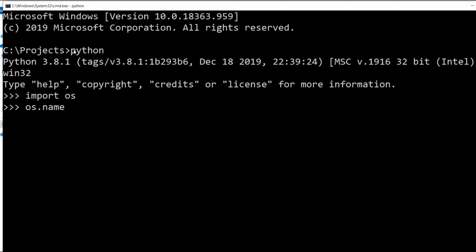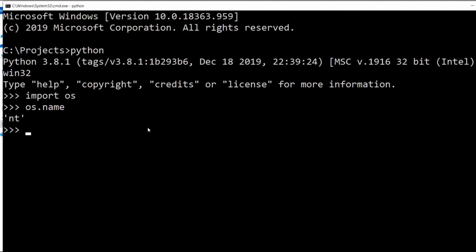So when I press enter, it will give NT. NT is the OS name for Windows. If the same thing I apply in Ubuntu, it will return POSIX.